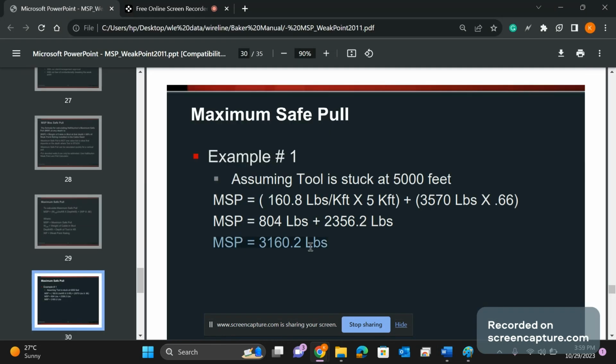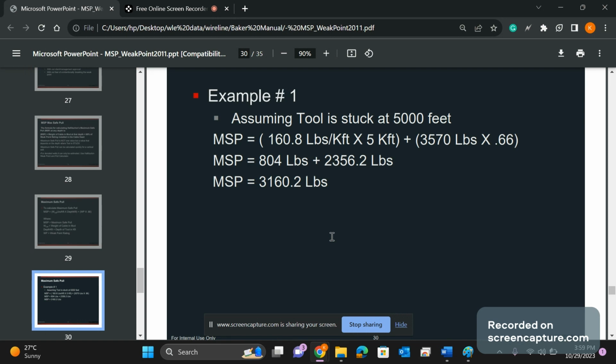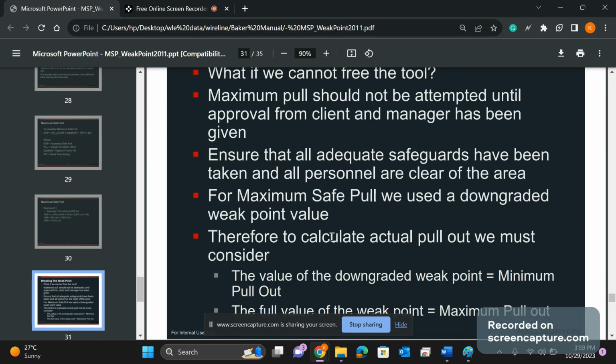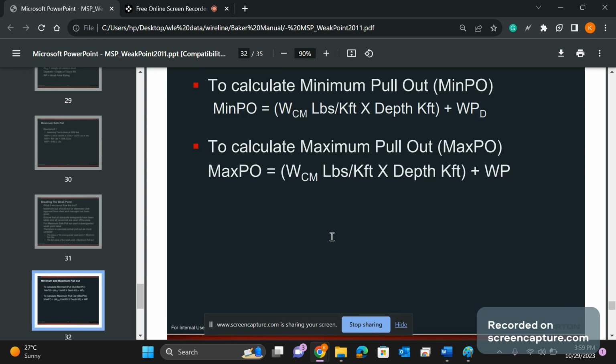Like I explained earlier, if the tension at the top is 3160, then the tension at this point will be 3570. Okay. Now the other formula is